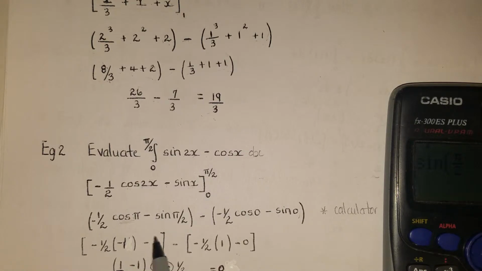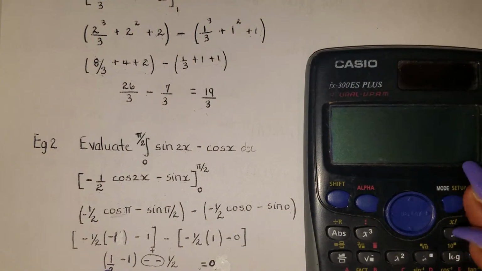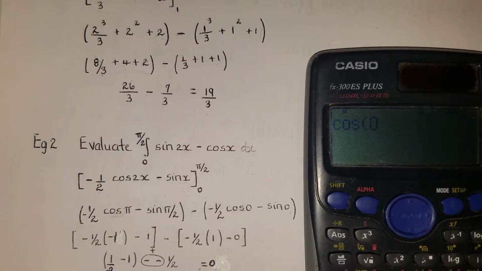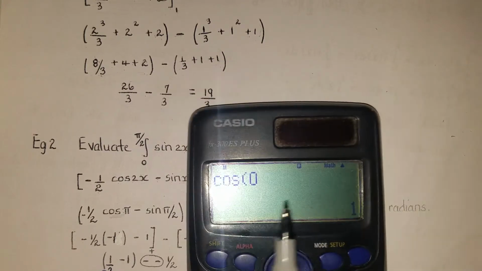That's the bracket with our upper limit. Then we're going to put our minus sign. Then the lower limit. So we have cos 0, which is 1. Let me show you. Cos 0 is 1. So this is 1 times the negative half, which is a negative half. And sine 0 is 0,